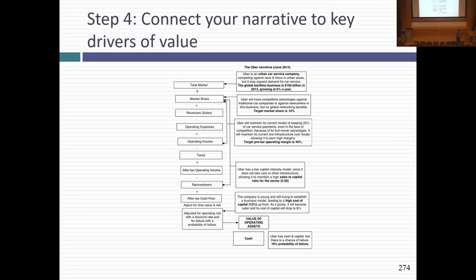You know why, right? A taxi cab owner has to buy a car, maintain the car, have the expenses, have the drivers as employees. 40% margins. And finally, because they don't own the cars, the way I showed that is the sales to capital ratio of 5, which means for every dollar of capital they invest, they get $5 of revenues because it costs Uber almost